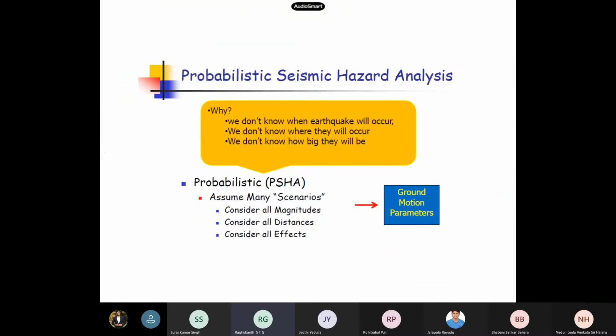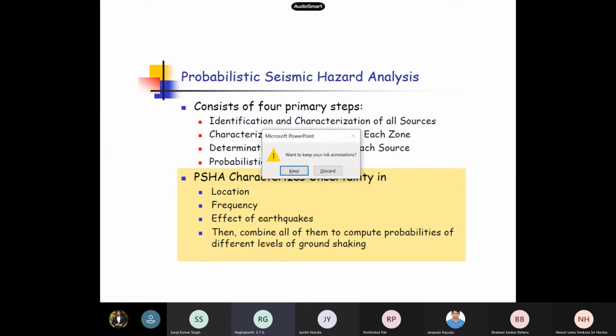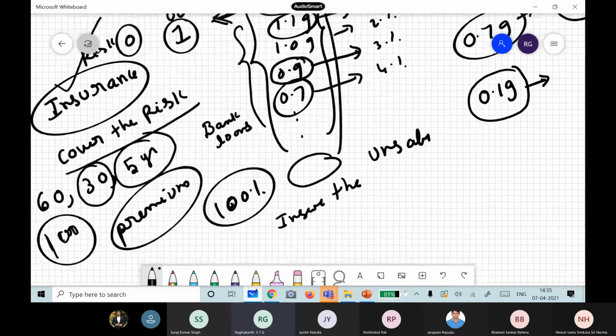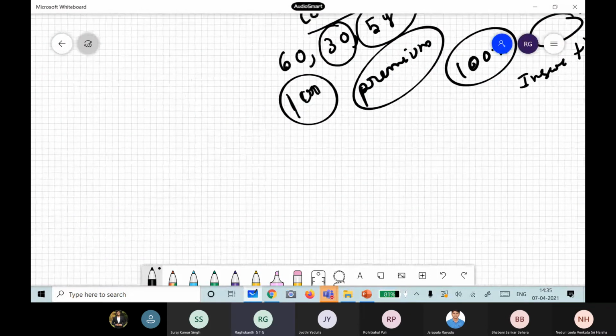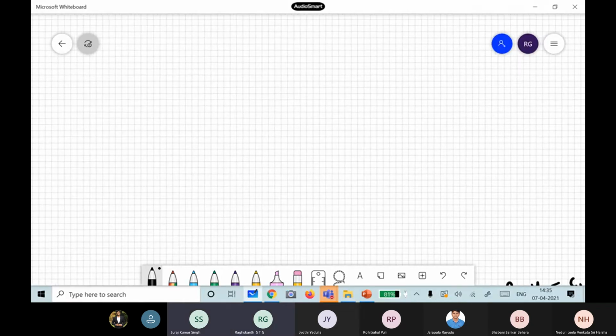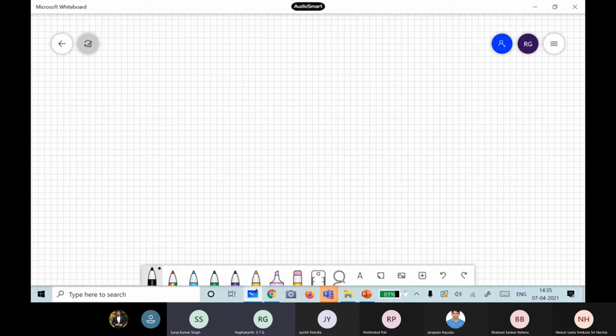Now let us see this probabilistic analysis. But before going to it, you should know a little bit about probability theory. I don't know how many of you have done the probability course. All of you have done it? Some of you may have. Anyway, I will just briefly discuss only whatever is required for our analysis. It's very simple. I think the course is also going on right now, and someone is teaching it.